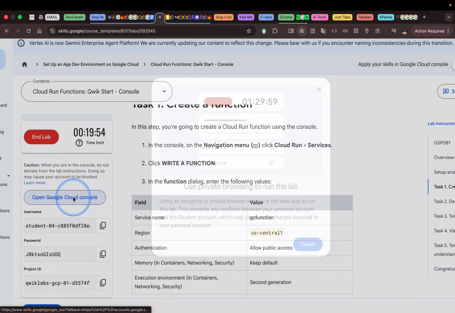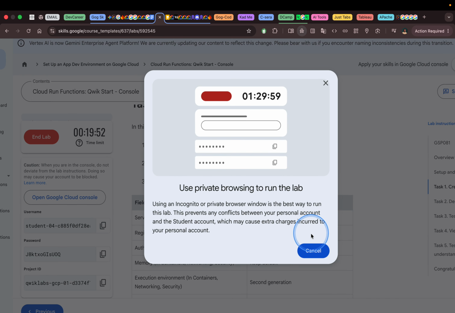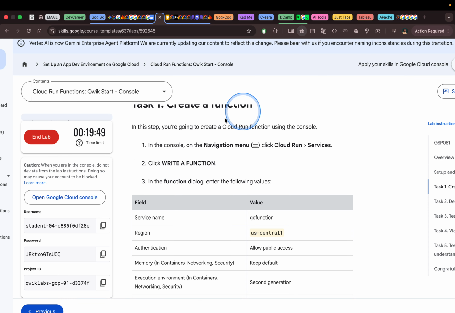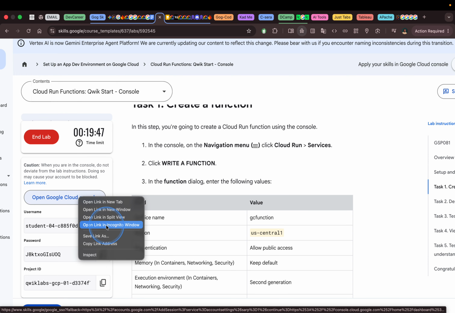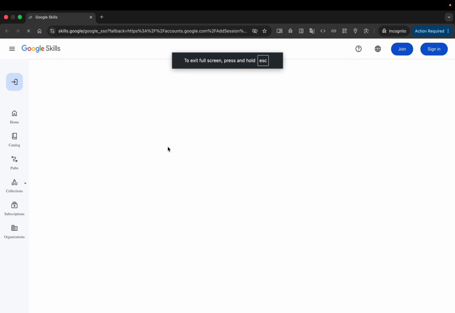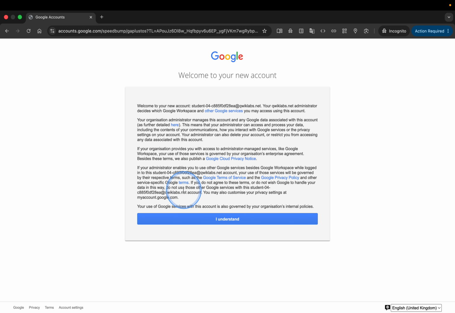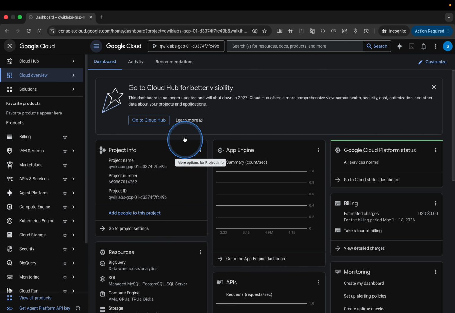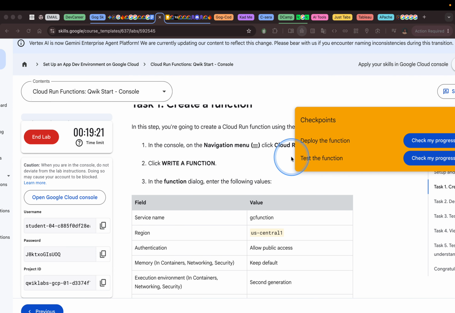So next, we would use the incognito window to fire up our resources. We accept my understanding. So resources have been provisioned for us. We'll have our checkpoint here, which we'll come back to